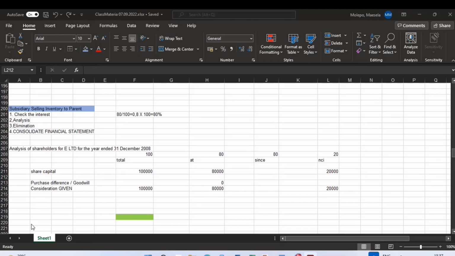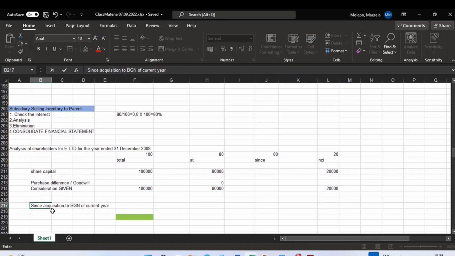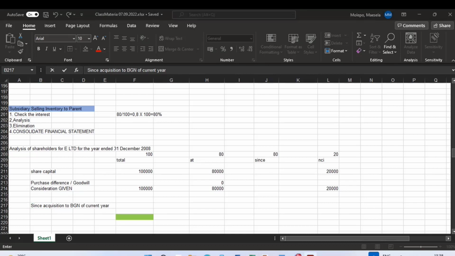Then we go to since acquisition to the beginning of the current year. Since acquisition to beginning of current year. So now,